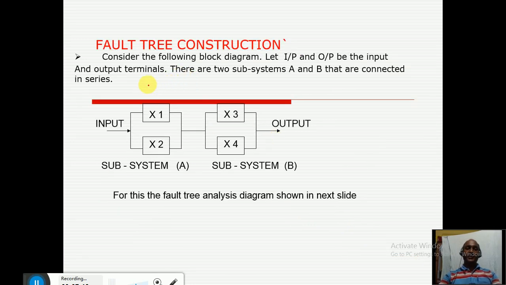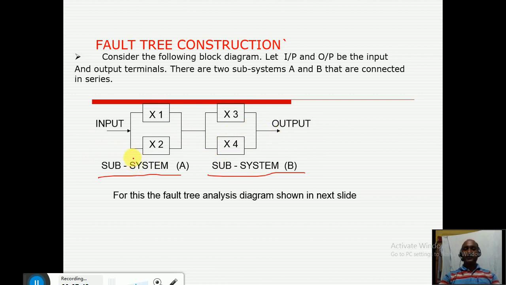Okay, so to understand, let us take this example. So let us take this as a system, subsystem A, subsystem B. Again, this subsystem A depends upon x1 and x2 components. Subsystem B depends upon x3 and x4 components. These are connected this way. It means that if you see, to fail this particular system, either of these two must fail. Okay, subsystem A or B. You can see if A failed, the circuit is not going to complete. It means that the total system is failed. Even suppose only system B is failed, the system is not going to work.